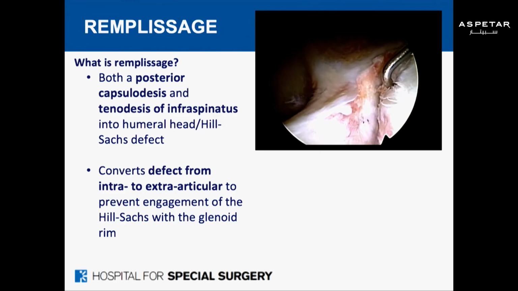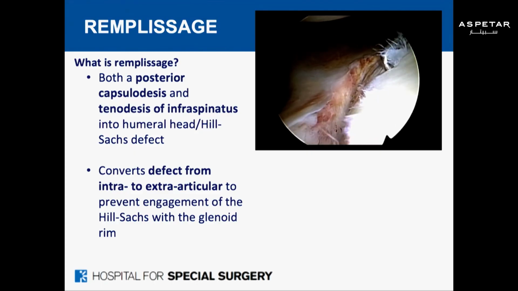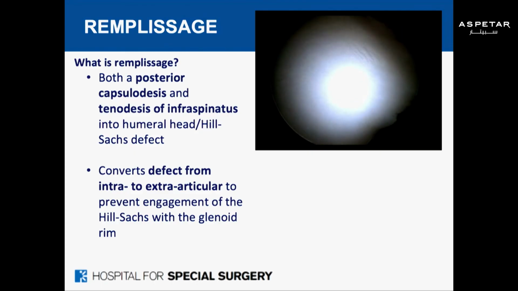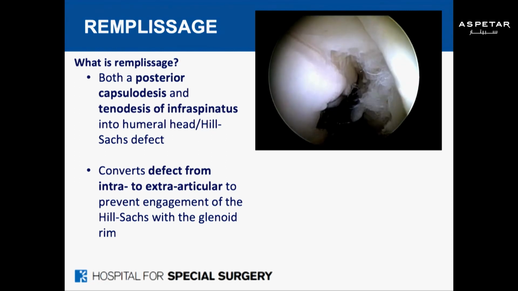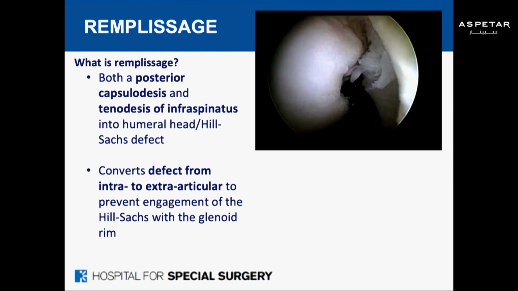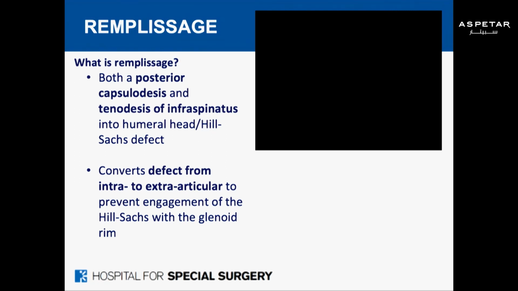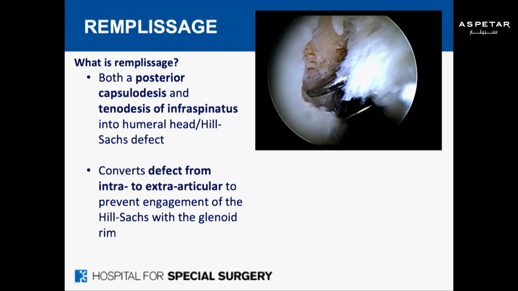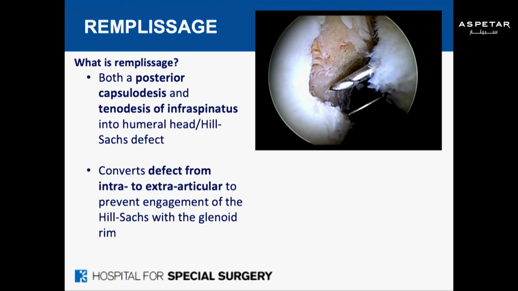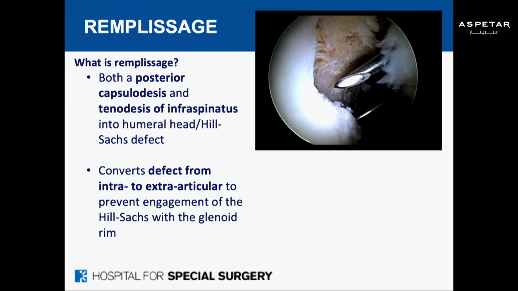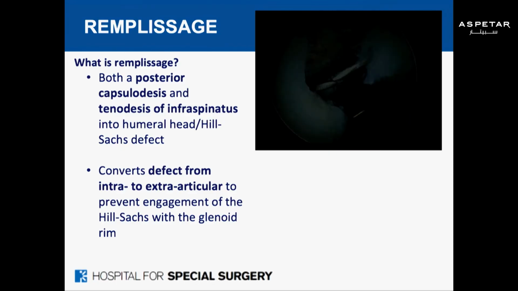So what you see on the video there, this is, again, looking from superior to inferior. That's that Bankart lesion anteriorly. The labrum is torn off the glenoid there, which, again, we'll fix arthroscopically. And if that was all that was here, they would do great with just an arthroscopic Bankart. The problem for this patient is they had that deep medial Hill-Sachs lesion, what we're looking at here. So for that reason, we had to do a remplissage or something to address this